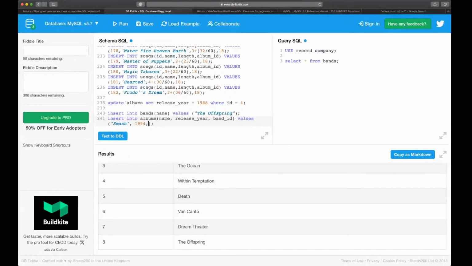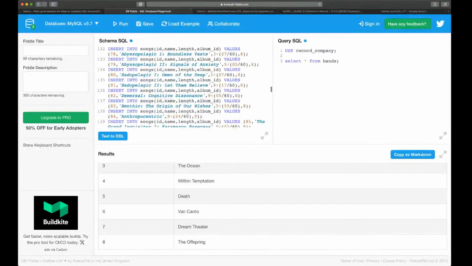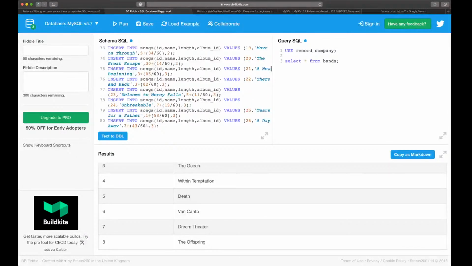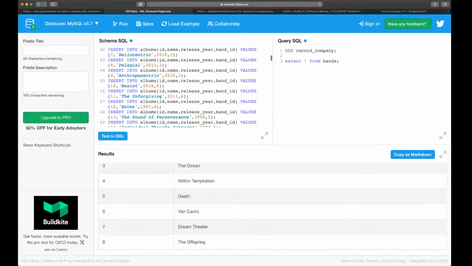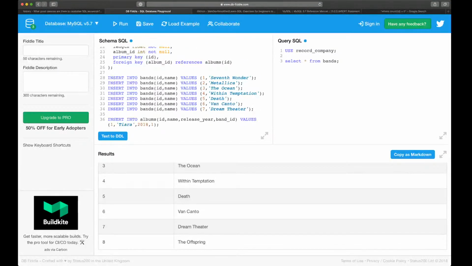Now we're in a difficult spot because we're letting the database assign an auto-incremented ID. There are a couple of ways we could approach this. We could just go back up to our other artist inserts and say, okay, well, we know this artist is going to be inserted after the other ones, so what would their ID be? And their ID would be 8. And if we look here, we can tell that that did play out. The thing is,